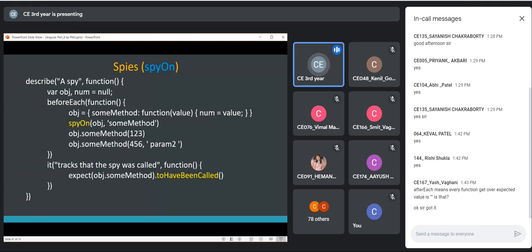But suppose this method is not executed at all. For example, it might be part of an if condition or a while loop or for loop, and depending upon some case, this method is not executed. Then this test case will fail. So it is useful for code coverage also. Sometimes, because we are no more writing printf, simply you can use this spy function on a particular method, and use the test case to check whether it has been called or not.